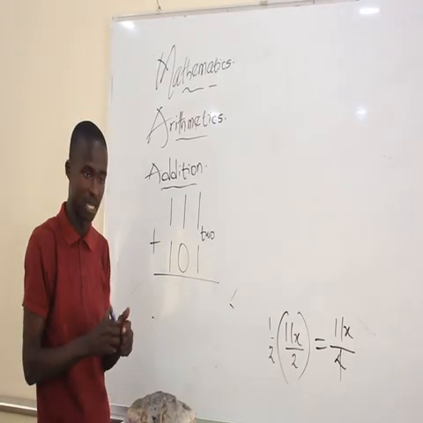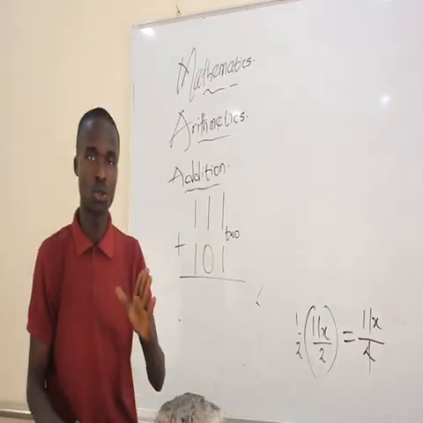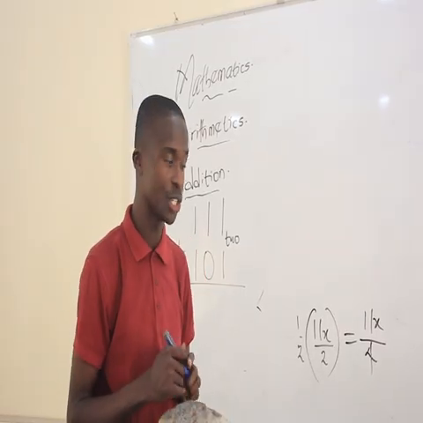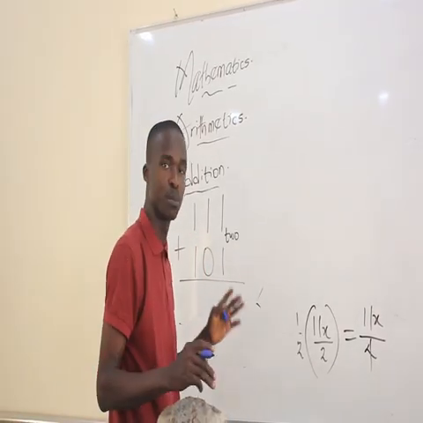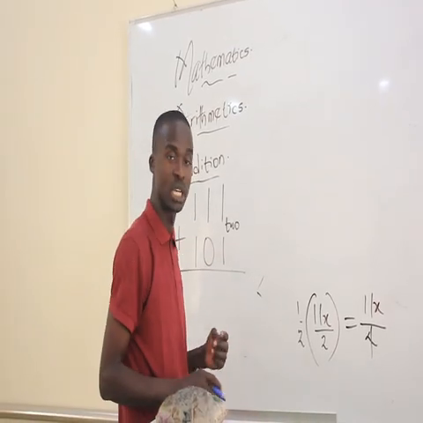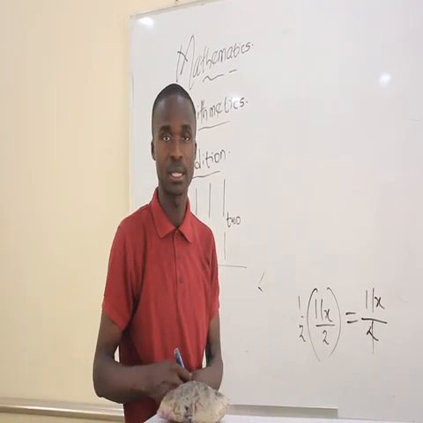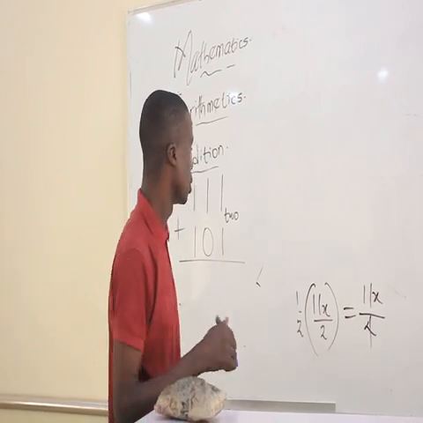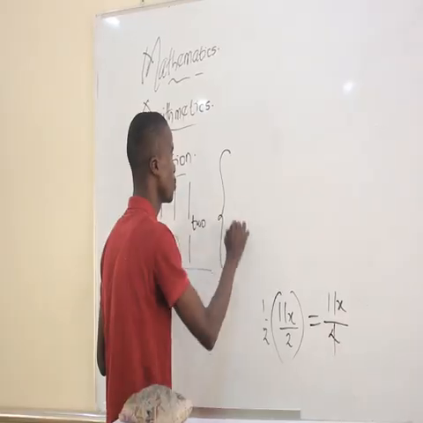If you are adding this now, first thing first, you have to remember what are the rules under addition. Under addition, you have certain rules, especially when it comes to binary operation. You will get all of these in the slides. You can reference the slides that are given to you. Now, under addition, the rules now,